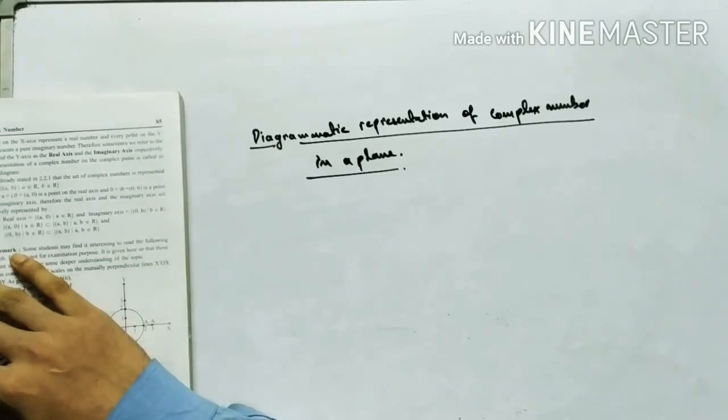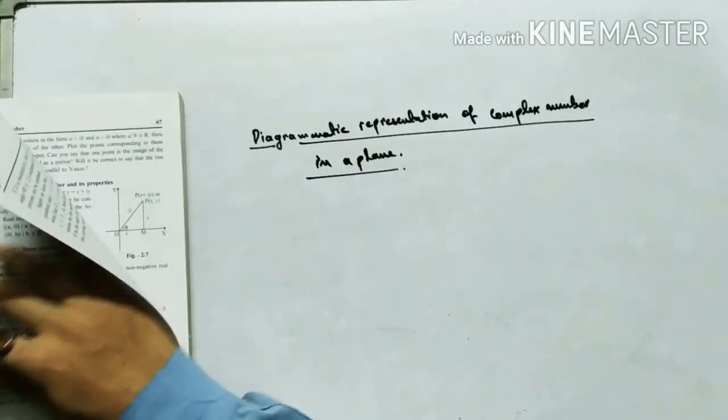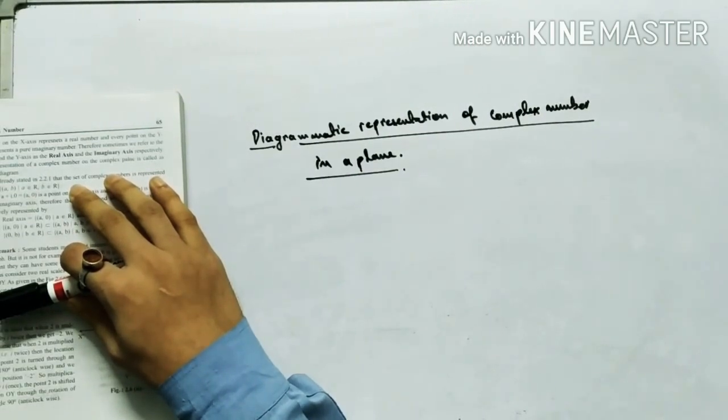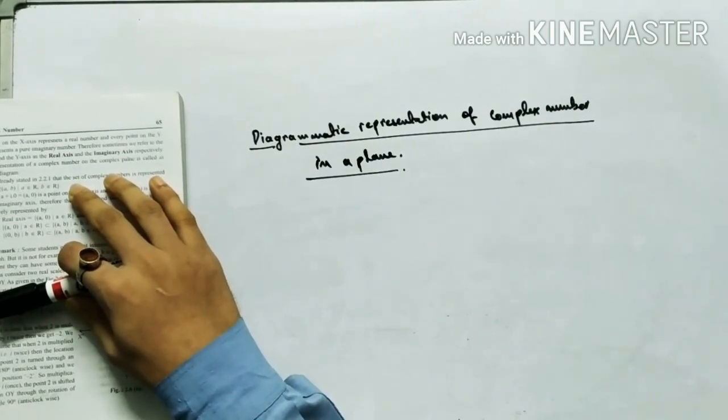Since a complex number x plus iy can be considered as an ordered pair xy of real numbers, we can represent such numbers by points on the xy plane. Thus we have seen that to each complex number there corresponds one and only one point in the plane, and conversely to each point in the plane there corresponds one and only one complex number. It is because of this reason that we refer to the complex number z as the point z or P z. The plane having a complex number assigned to each of its points is called the complex plane. This plane is sometimes called an Argand plane.